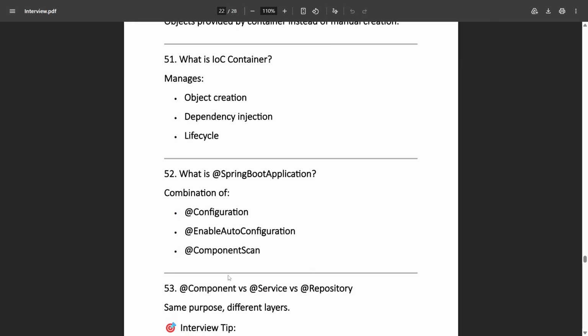What is a Spring Boot application? A Spring Boot application is a combination of three things, just remember: Configuration, EnableAutoConfiguration, and ComponentScan. Configuration is used for defining the beans. EnableAutoConfiguration is where you have defined all the dependencies. So it will